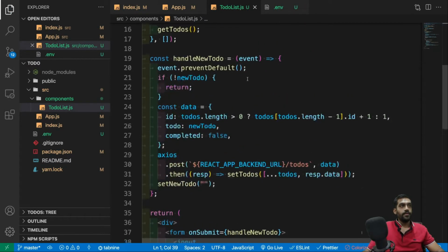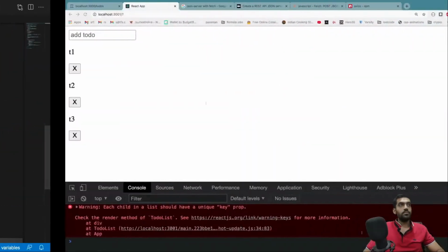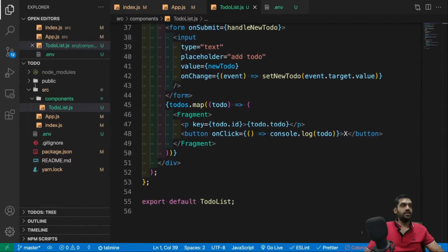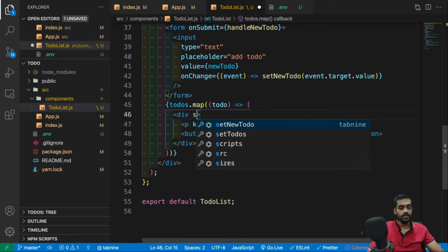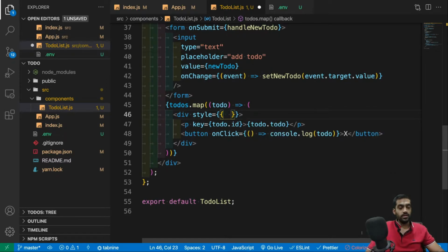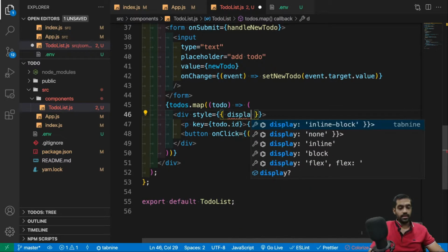Okay, it works. But I don't want to do fragment because I just want to add some basic styling here like display flex. So let's just do a div here and let's add an inline style here. Remember I told you that we are not focusing on CSS in this one. Let's add a display.